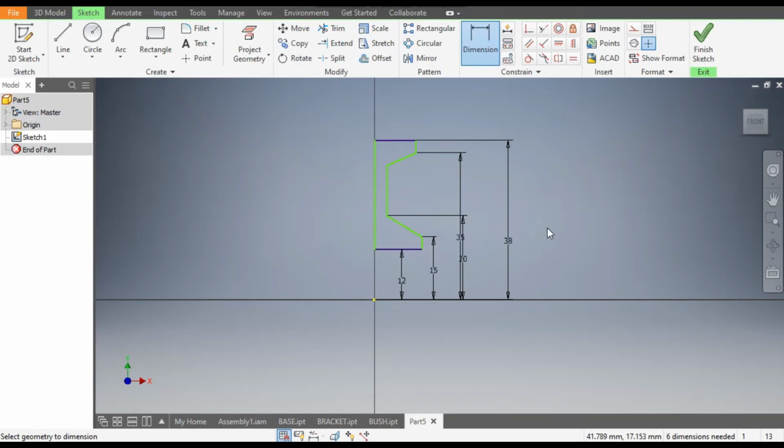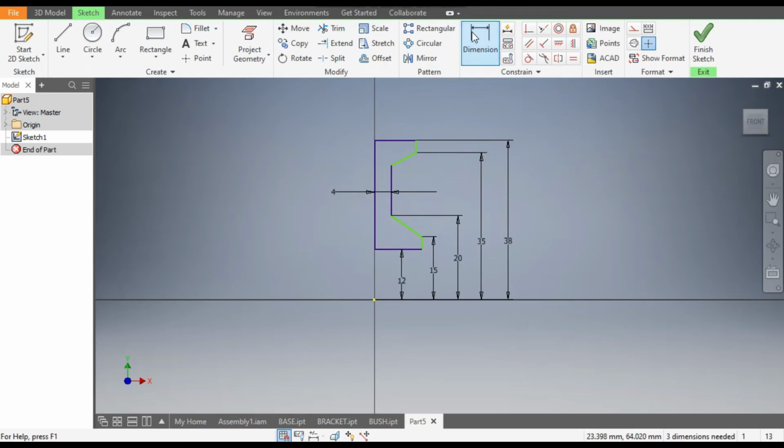Okay, now we are completed with the vertical profiles. Shift this, escape and drag it outward, drag it inside and drag it outward. So these are the vertical profiles. Now go to dimension. This profile will be 4 mm and go to vertical constraint, select this point and this point. Okay,